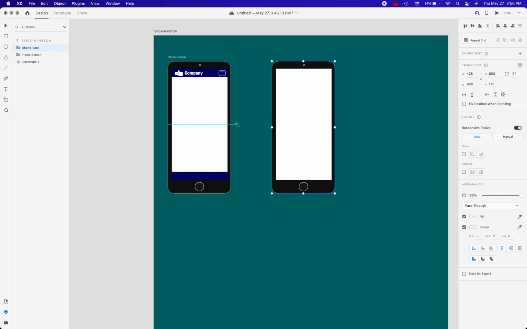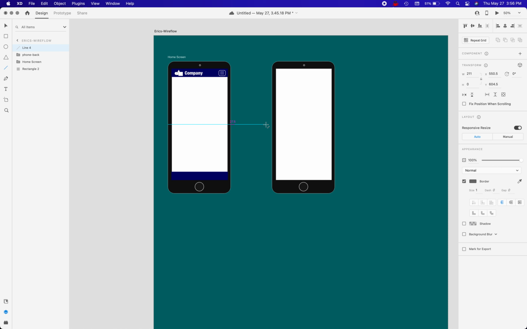So using the line tool, I can sketch out a line between these 2 screens. I can change the size to something more visible, like say 6 pixels in width. Change the color to something lighter. And I don't really have a good arrowhead for this. And Adobe XD is a little bit difficult to make arrows, so I'm just going to